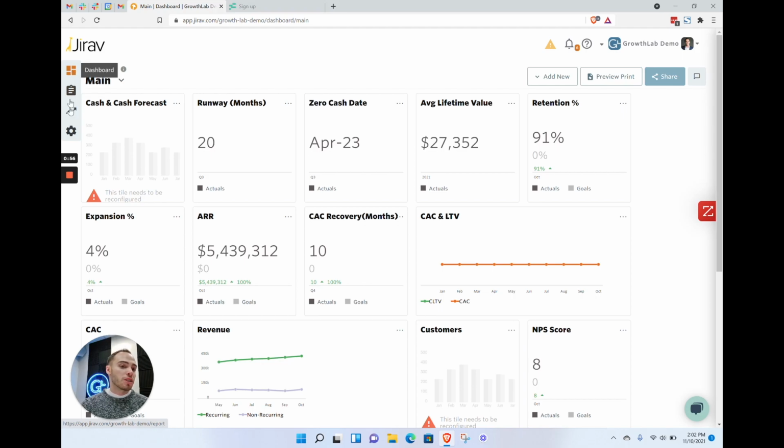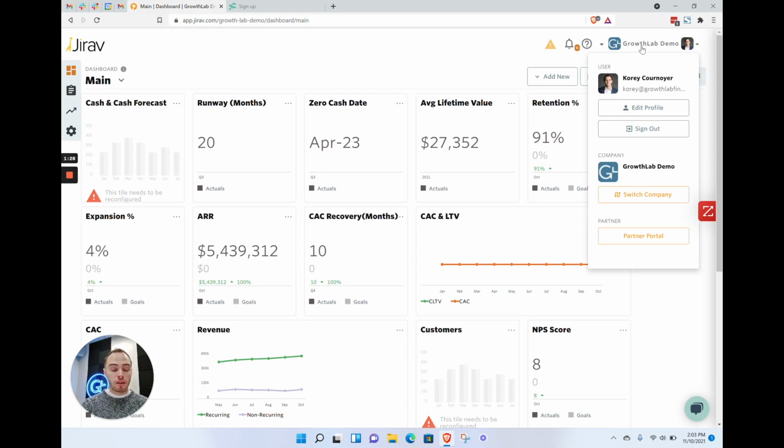Over on the left-hand column, this is going to be your navigation center. And so you have your dashboard, your reports, your plans, and your settings. This is going to be how you navigate most of your Giraffe instance. In the top right-hand corner, you're also going to have a couple other things to be aware of. Some health issues. This may be things like incorrect drivers, system settings that are missing. We'll dive into some of these in more detail in later videos. Some notifications, a help center, which account you're on. So a lot of you may have multiple companies that you're working with, and that's where you can navigate quickly through here, as well as your underlying individual profile settings.